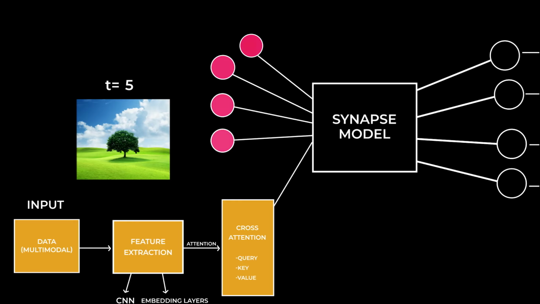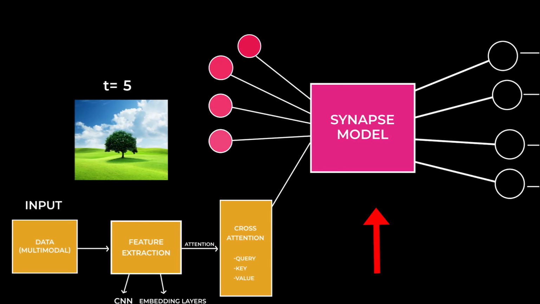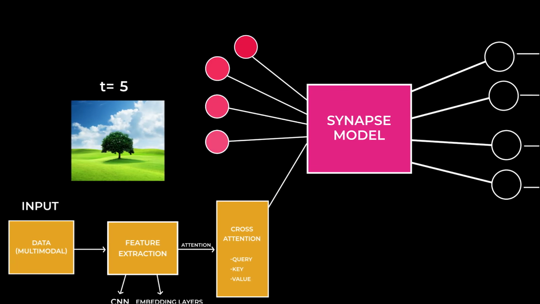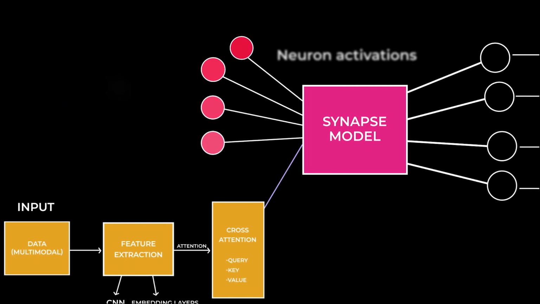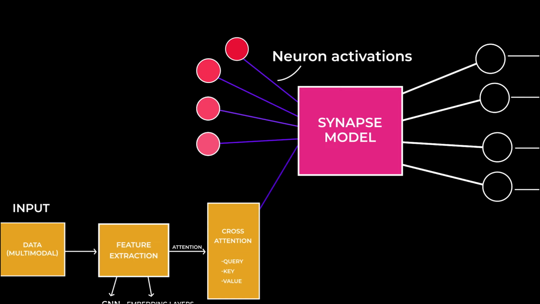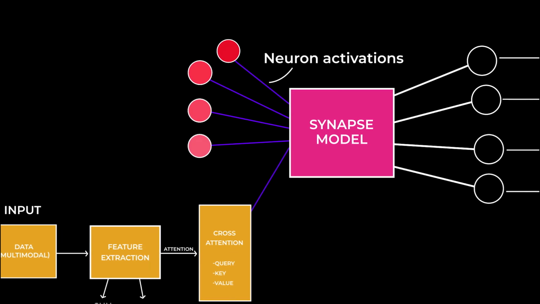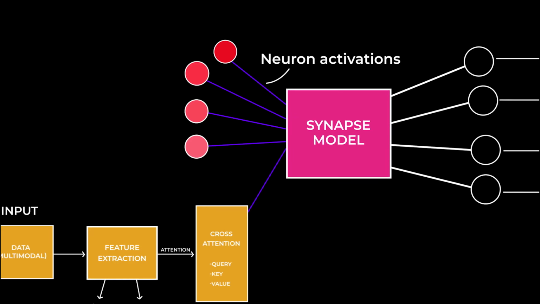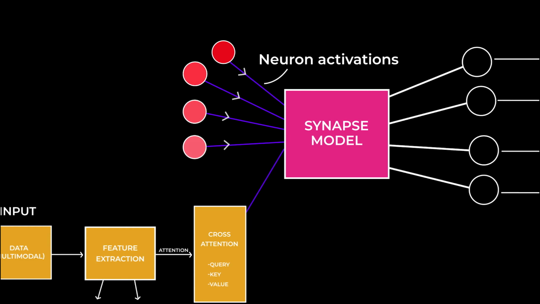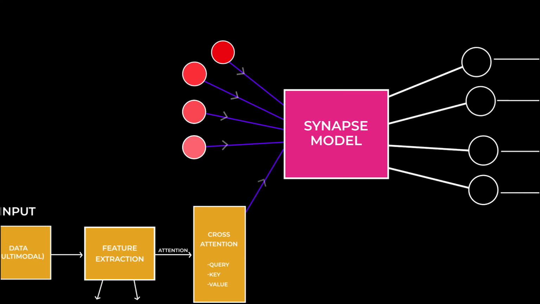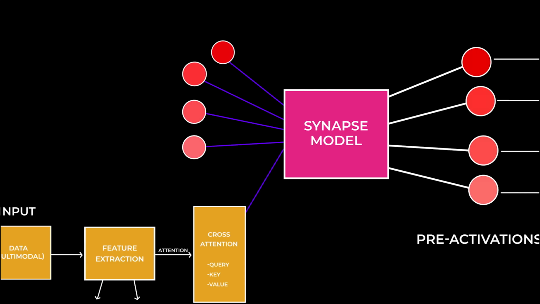Since the input information has not changed so far, the same info will be sent to something called a synapse model. But before entering that model, the input attention will combine with the activations of the 4 neurons from tick 4. Here, you can interpret activation as a neuron's thought or a signal or something as simple as a number. This synapse model then looks at every neuron's thoughts at tick 4, compares the input attention with each of them, and generates something called pre-activations for every neuron,